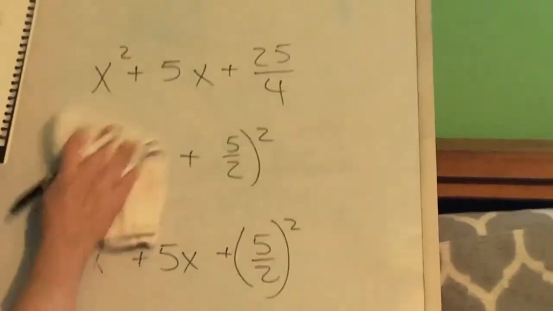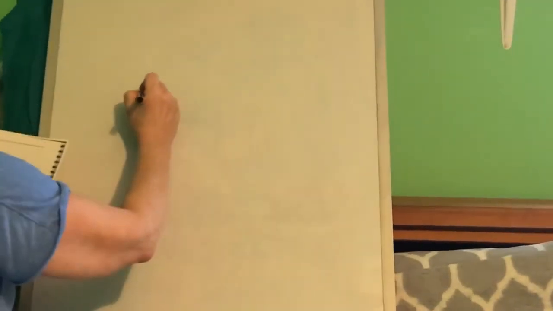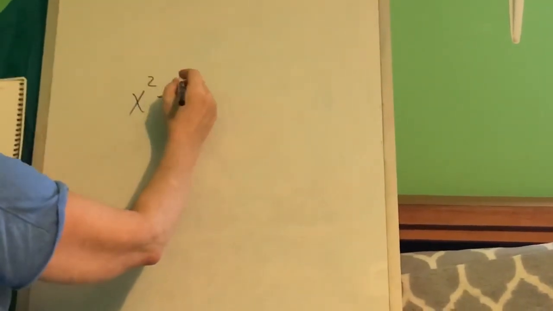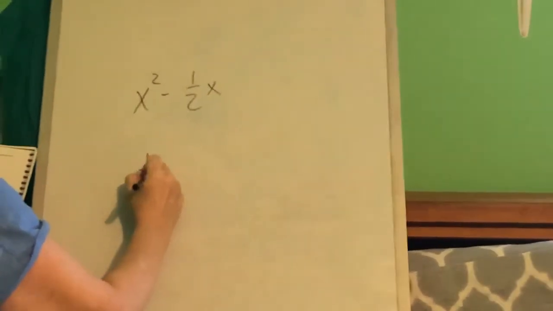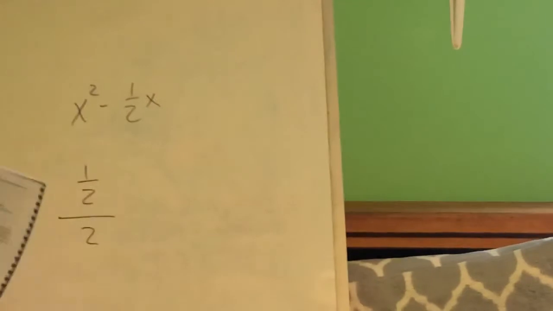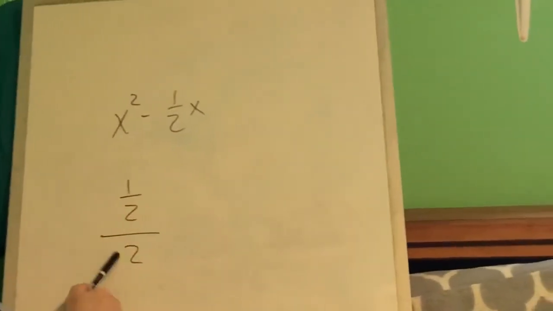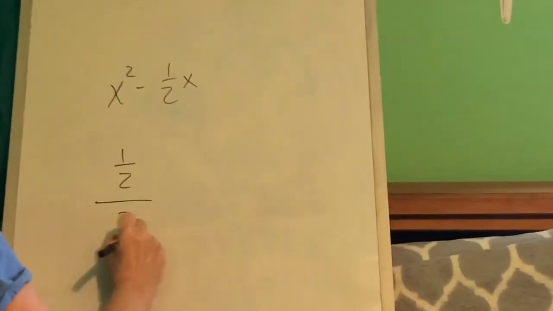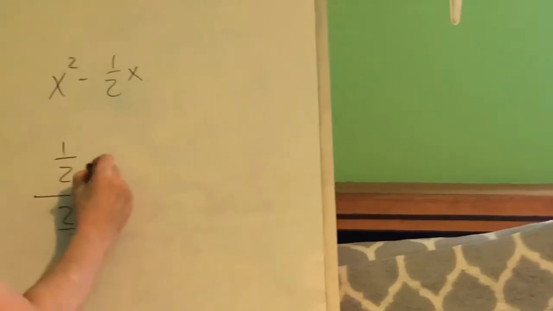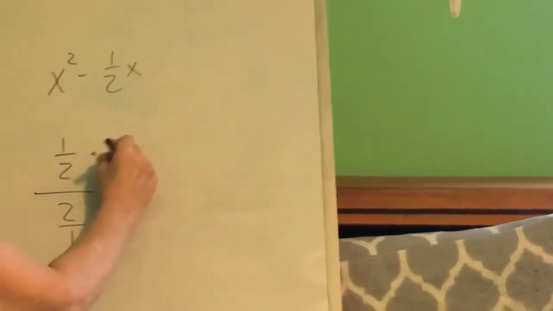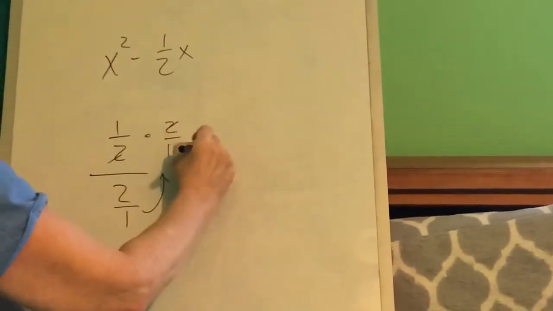The textbook kind of goes back and forth on it sometimes. Now, if you'll go on down to 9.3c at the bottom, this is where I tried to go a minute ago. We weren't quite ready for it. Now we have x squared minus 1/2 x. So when we take half of 1/2, we end up with a complex fraction. There's really no reason to do this because a complex fraction means we're going to put this over 1, we're going to invert it and multiply by 2 over 1, which is going to give us,